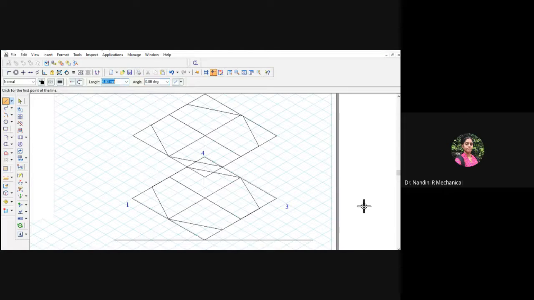So from here, the battery was down. Take the projections.